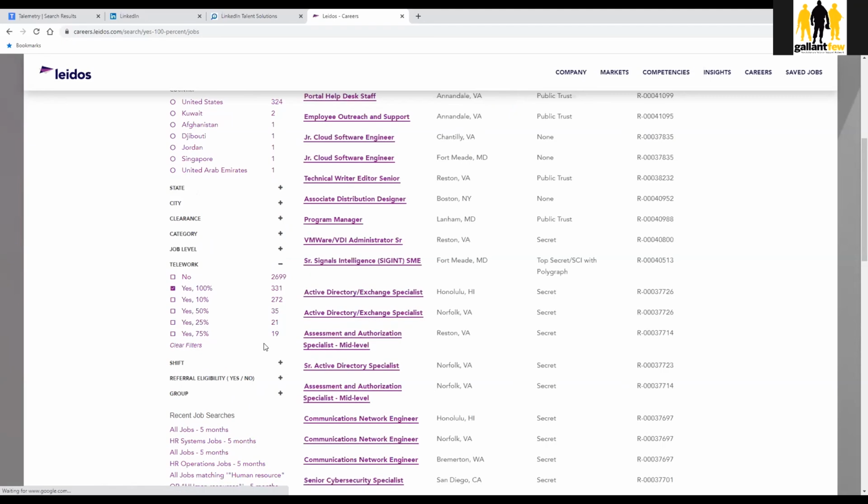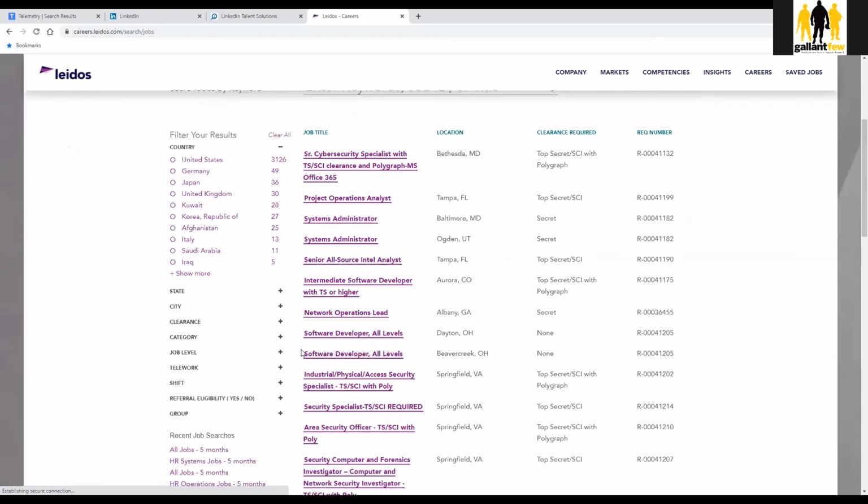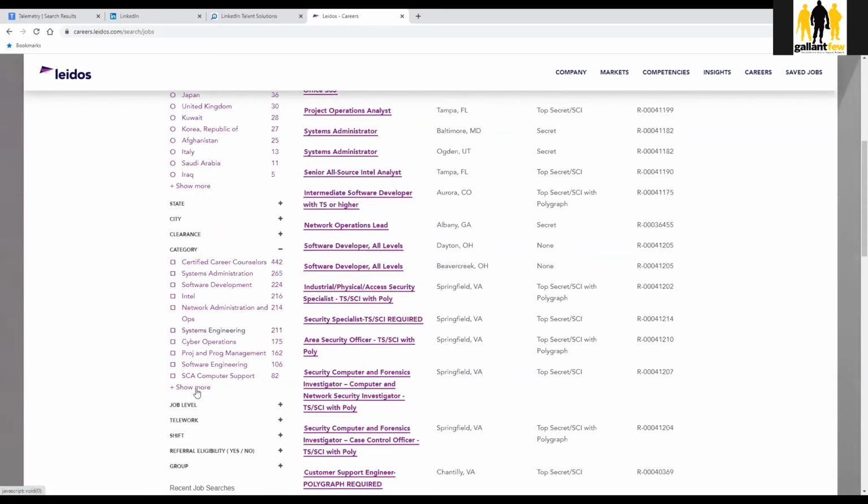So between the 100% remote and telework positions, as well as the geographical locations you are looking at, that can help you direct and narrow your search. The reason I recommend starting your filters with location, with clearance level, and with some of these broader qualifiers is because if you look here, I'm going to show you